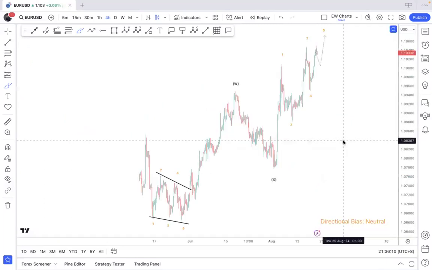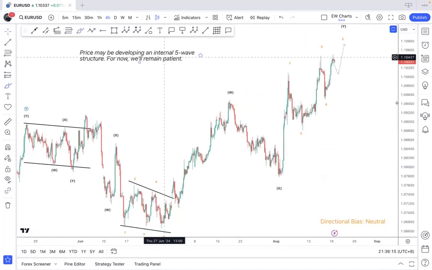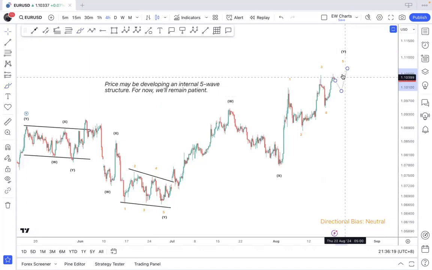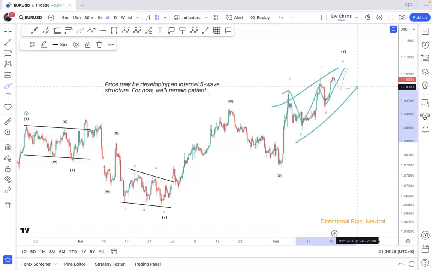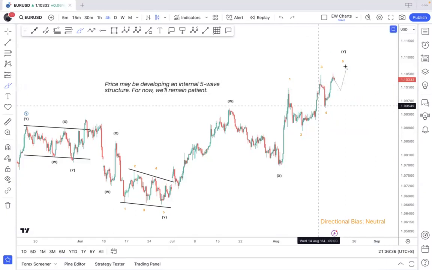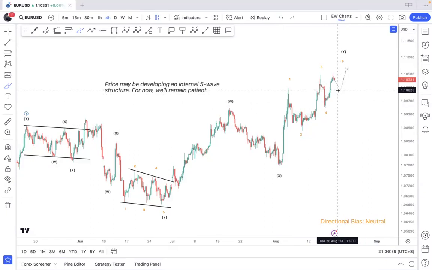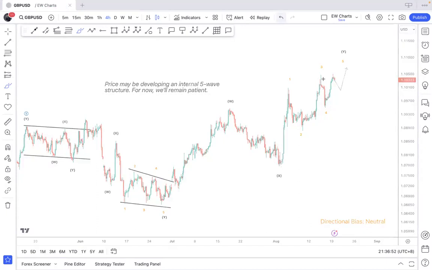Going into the euro, I'm looking at the euro dollar as a potential 5-wave structure, an ending diagonal in development. So we have waves 3, 4, and potentially a 5th wave developing. If that's going to be the case, then short term at least we can expect a little bit more downside first. Right now I'm neutral, but I'll be more inclined to look for sell opportunities. I don't want to be buying into this kind of structure here, even as this year is a potential double top. So on euro dollar, I'm gonna be patient, but I'm slanting towards looking out for sell trade opportunities.